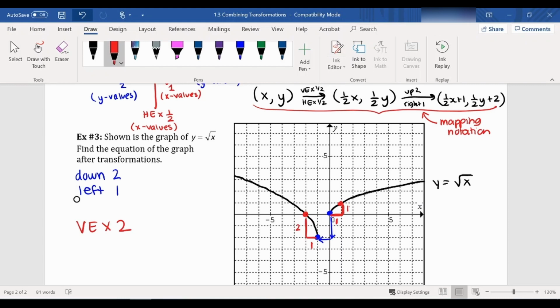I also can see by looking at this that this has been reflected from the upper right quadrant. It has been reflected over the y-axis so that it's opening left instead of right. So everything's been flipped over this way over here. So since it's been reflected across the y-axis,